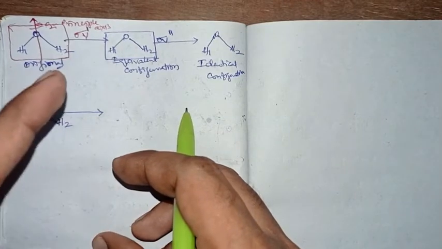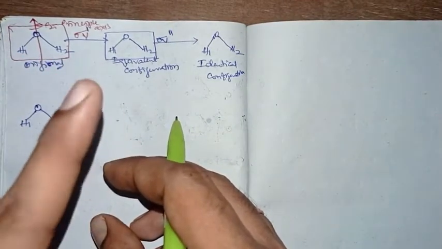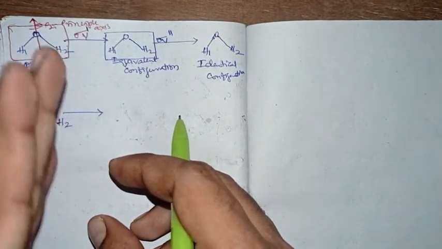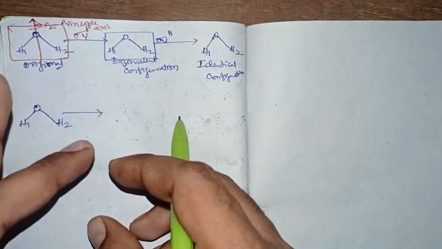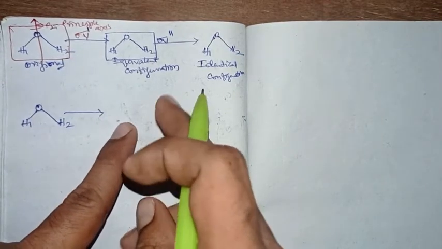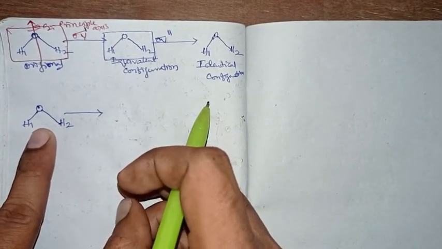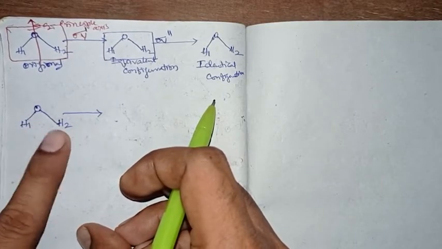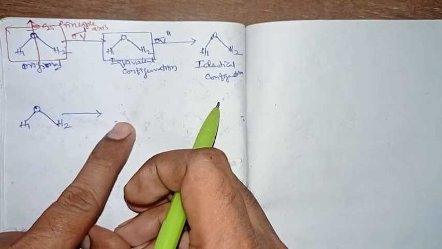Let us go with the second hint, where, as I said, replacement of similar atoms will surely give you an equivalent configuration. While we are applying a symmetry operation, if it has a replacement of similar atoms, the generated configuration becomes an equivalent configuration. So here we have to apply a plane in such a manner that the similar hydrogens replace each other and give you the generated configuration as an equivalent configuration.